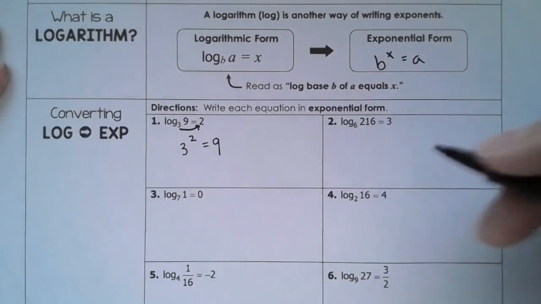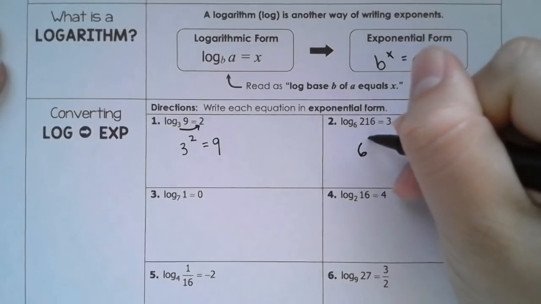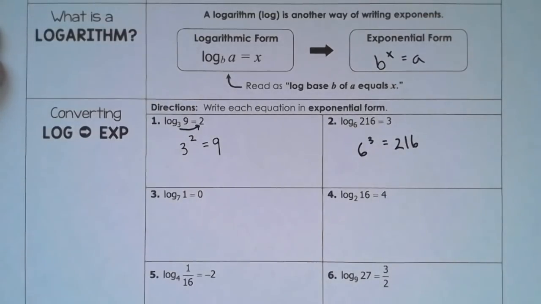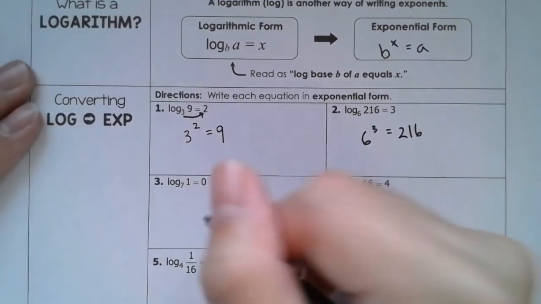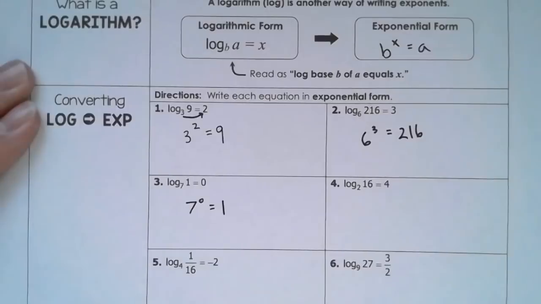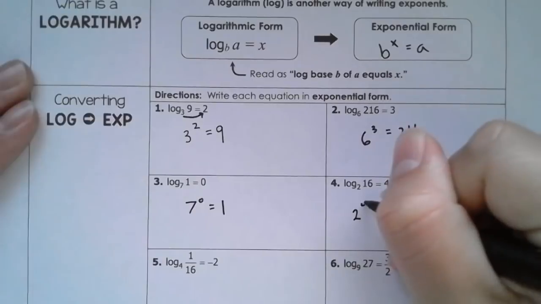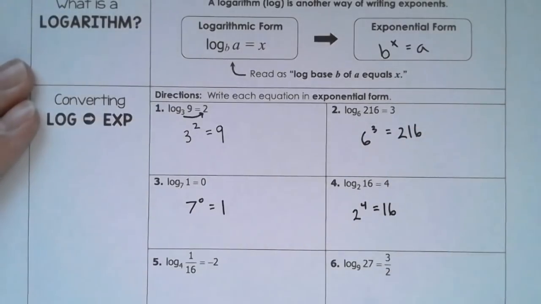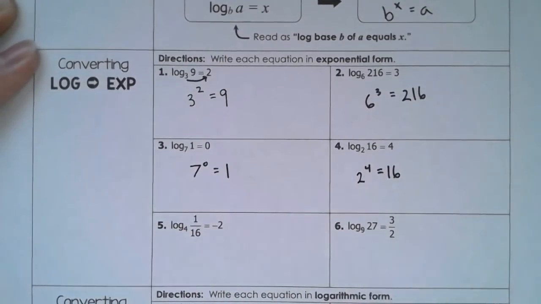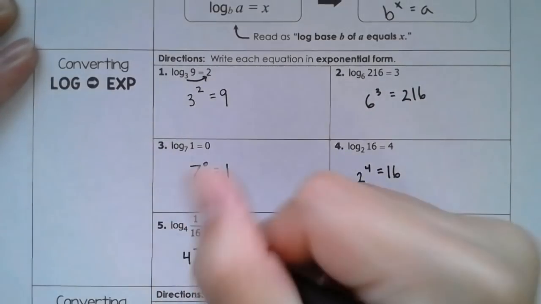Then you have exponential form. Number 2, push the 6 over to the right side. You get 6 to the third is equal to 216. Number 3, you get 7 to the 0 is equal to 1. Number 4, 2 to the 4th is equal to 16. Number 5, you get 4 to the negative 2 is equal to